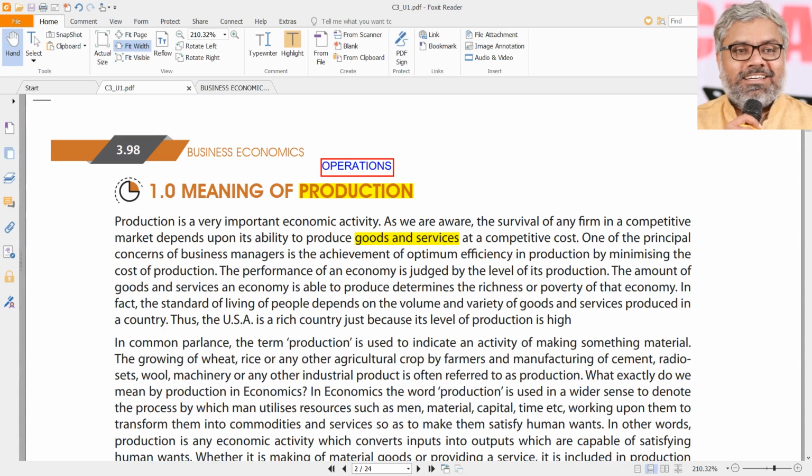For example, for a chartered accountancy firm, for an audit firm, what is operations? What is production? Are they producing something? No, they are not producing anything. Manufacturing, if you want to see anything tangibly there, you cannot see. But is there production from an economics point of view? Yes, there is. And what are their core operations? To provide services to the clients.